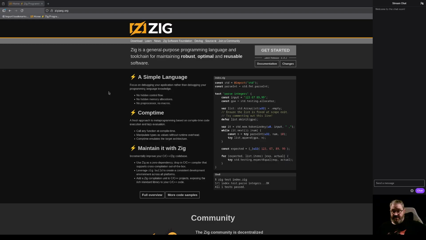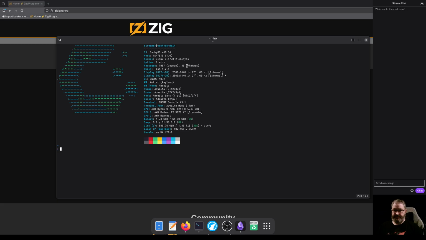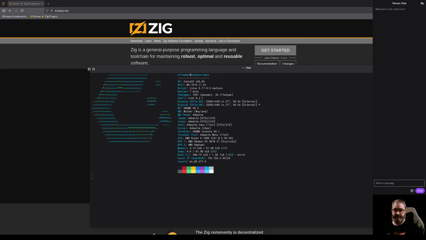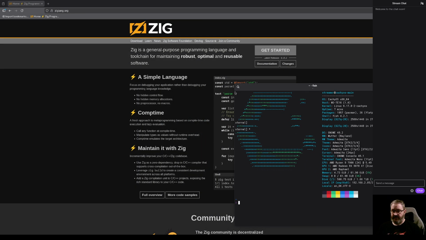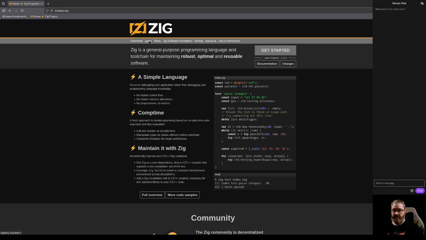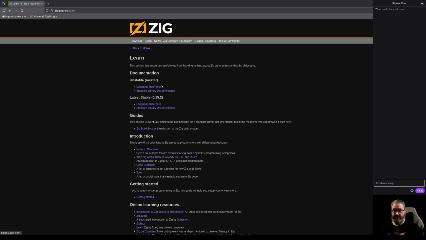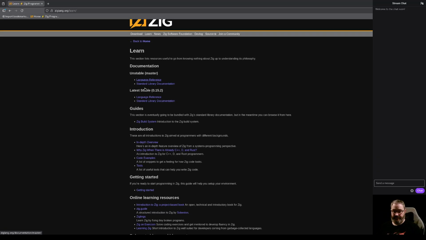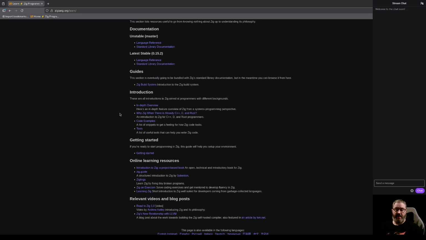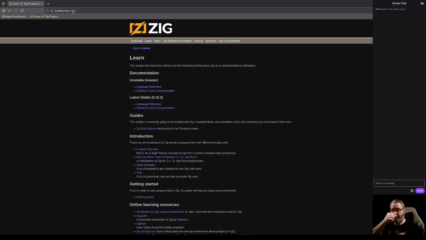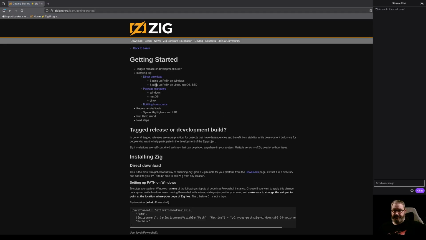Okay, installing Zig. Let's take it from there. Let's open that terminal. Just put it over here. I started by not downloading but learning, and I found that getting started. I'm at the ziglang.org homepage, which is the official homepage for Zig, and I thought that starting by learn would be a good place to start. So getting started,